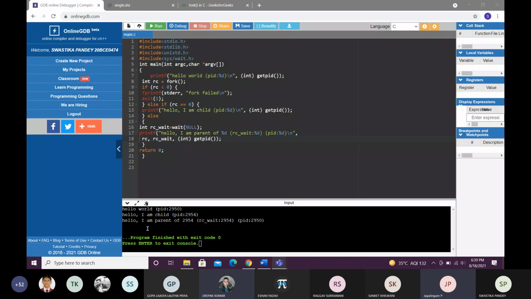Yes, good, because that is what it is waiting for. The parent has created a child and is waiting for the child to complete execution. After execution, a signal is sent back to the parent saying that this ID is done with the execution.